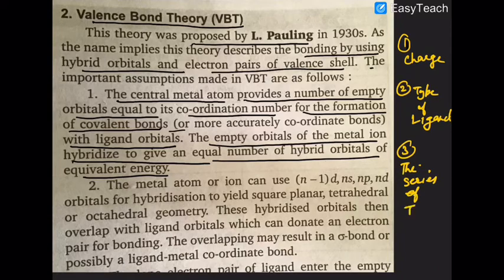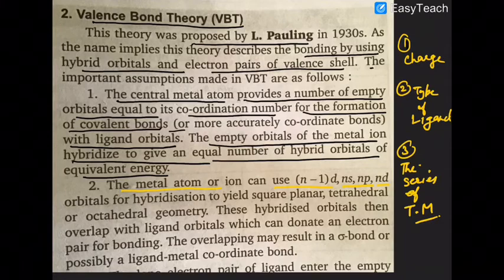of the transition metal. Because 3d, 4d, 5d are the three series of the transition metals. As we move down the group, the energy gap between the orbitals decreases, so the intermixing becomes very much easy. Okay, the metal ion can use its (n-1)d orbitals, ns, np orbitals or nd orbitals.